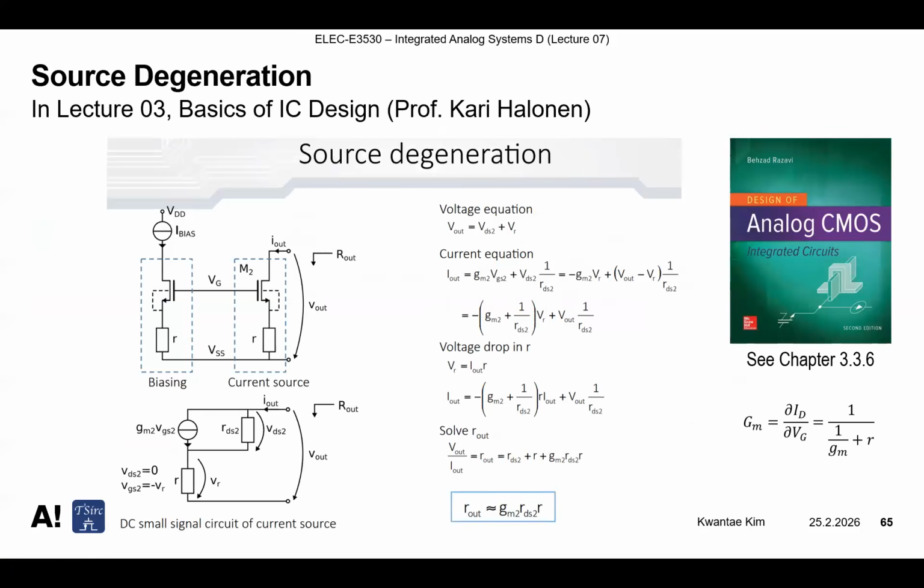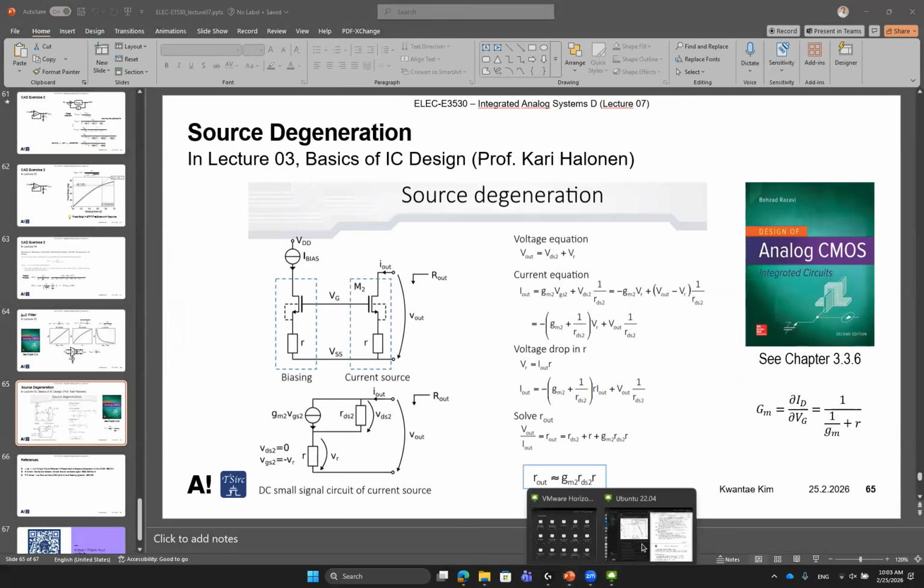So let me quickly go through. So this is source degeneration. That was the key part of the solution. You probably learned from the Basics of IC Design course in lecture 3. By using this kind of source degeneration, you can make our transconductance 1 over GM plus R. So basically what it does is that we can add resistance at the source node. So our problem was indeed